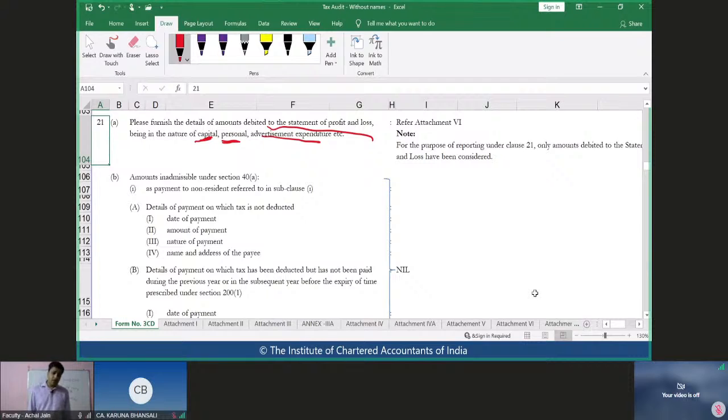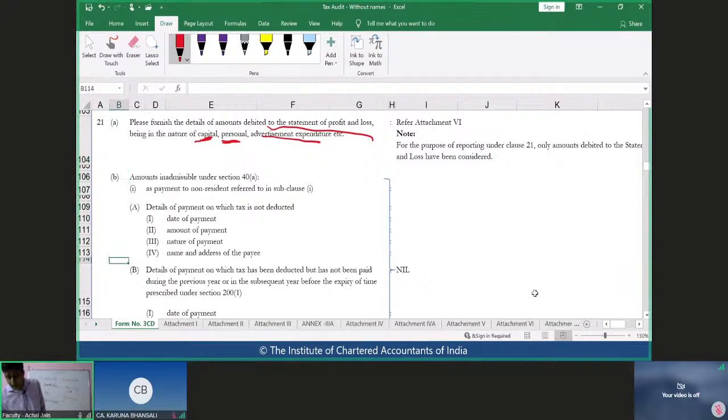It may have happened that directors of the company, owners of the company are booking their personal expenses in the P&L of the company, which is wrong. Which should not have been done. All of their personal expenses should be kept out of the P&L of the company. But in case that has been done, what do you say? That is again considered to be inappropriate, which is required to be reported. And you will not say this is inappropriate. You will just report all of those cases or all of those amounts. Third, if there is any advertisement expenditure, that is again required to be reported.